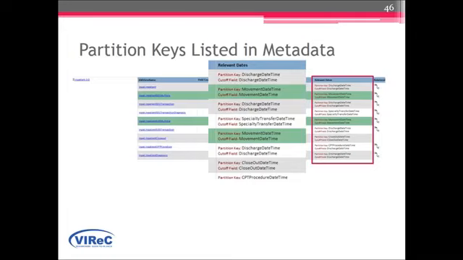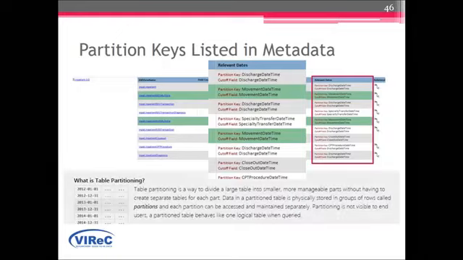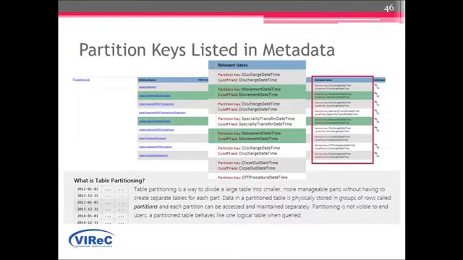So what do we mean by partition keys? A partition is a way of dividing a large table into smaller, more manageable parts without having to create a whole separate table for each part. So inside the CDW, they're using this tool to partition the data into stored groups of rows, and then